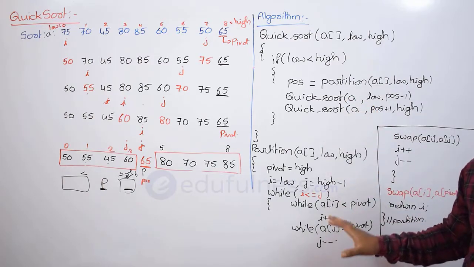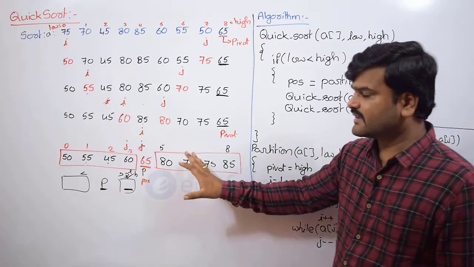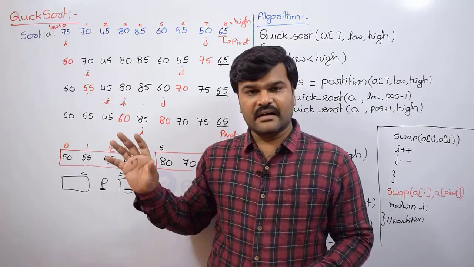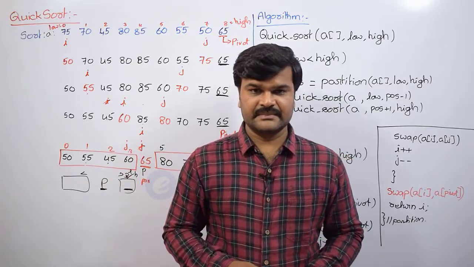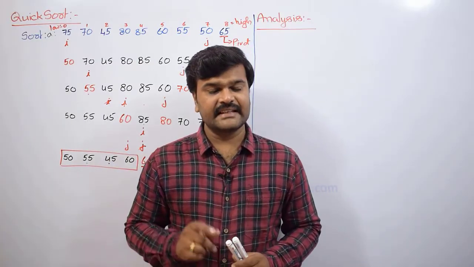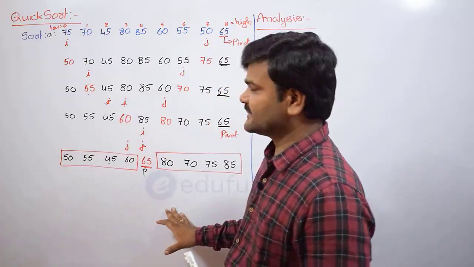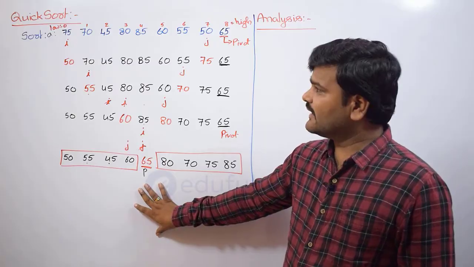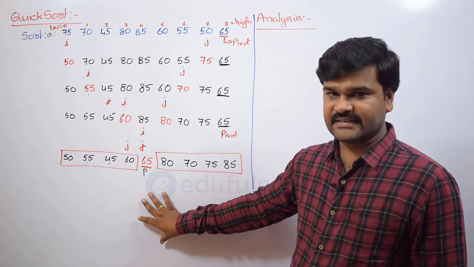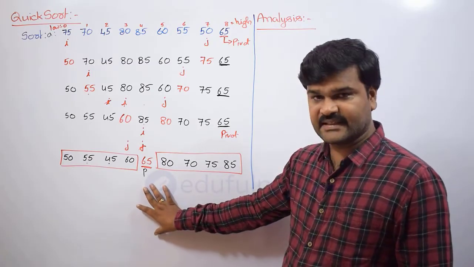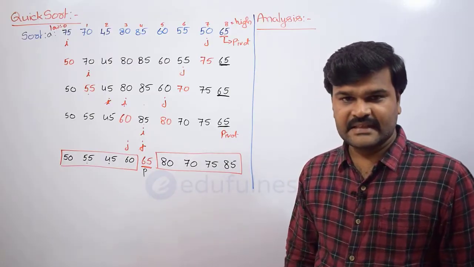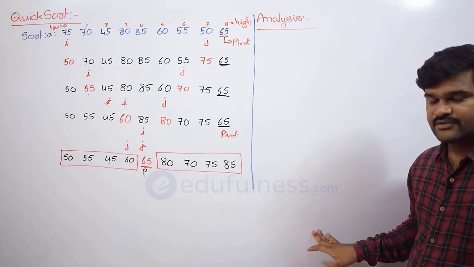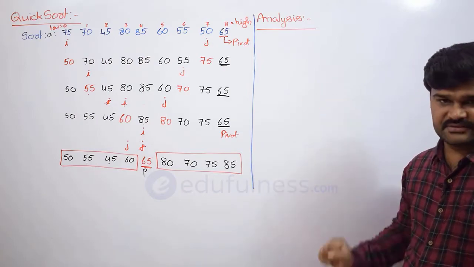You can see how simple it is, based on understanding this example. So this is the overall algorithm of quicksort. Now let us see the time complexity of quicksort. After understanding this example, you can analyze it very easily. So let us analyze it and find out its time complexity, using the different steps we wrote earlier.